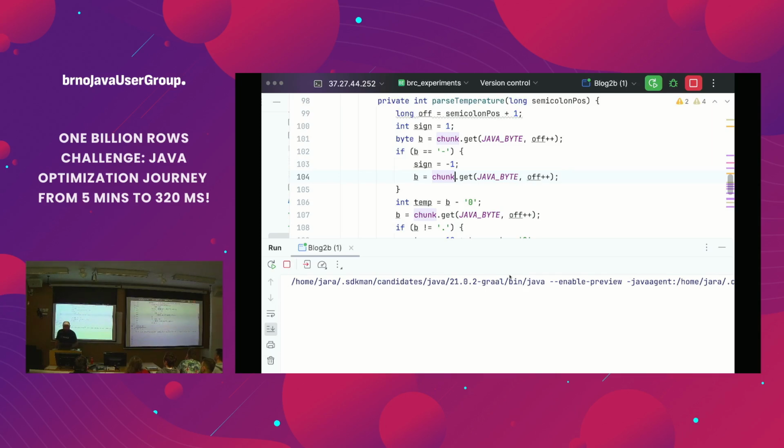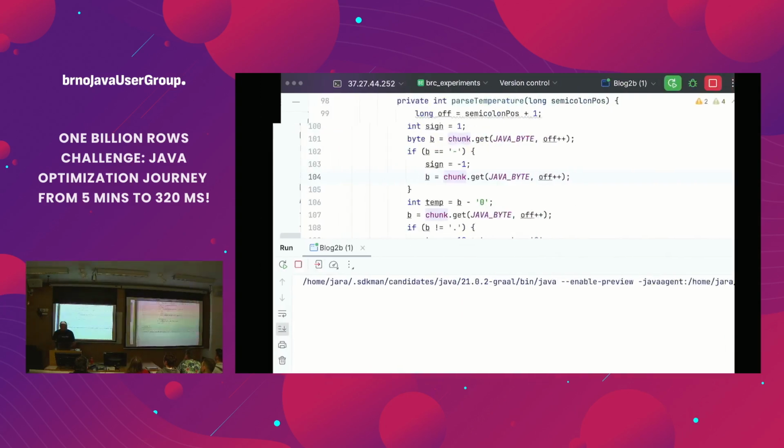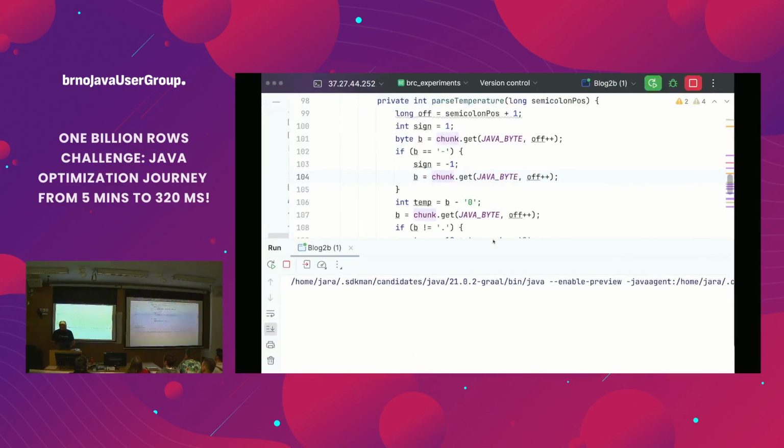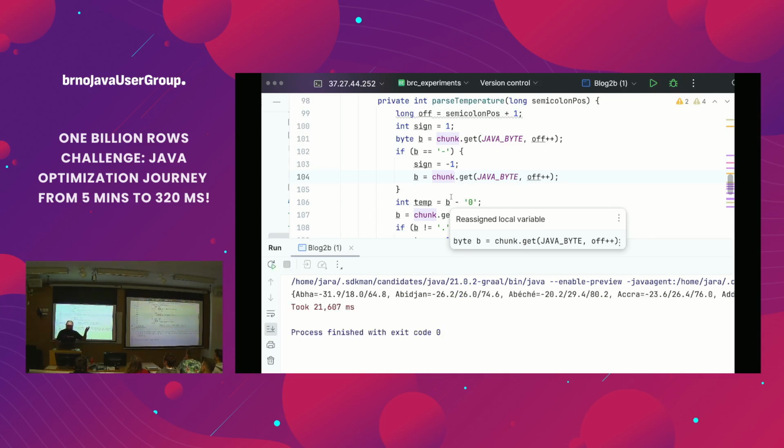This should be about 20 seconds, hopefully. I'm not using that official instance. I'm using that cheap original shared jittery instance. But yeah, it's about 20 seconds, right? So just changing the way we parse the temperature, it improved from 30 to 20, which is quite a significant boost.